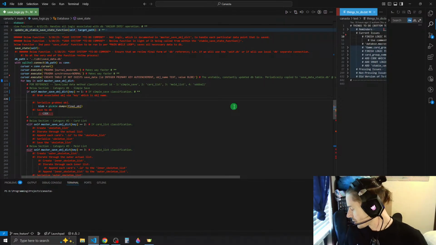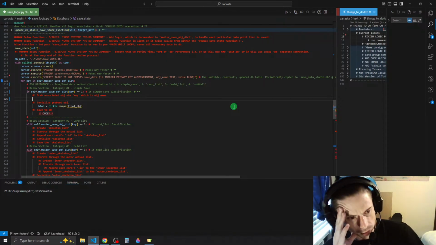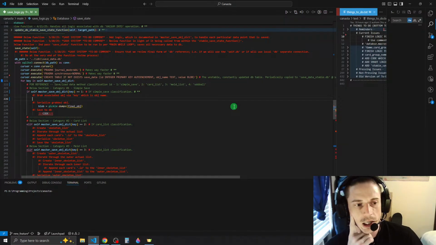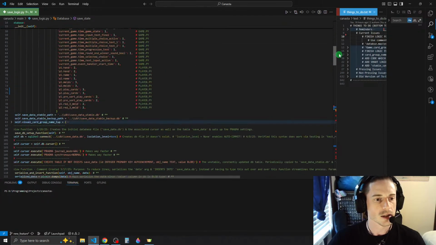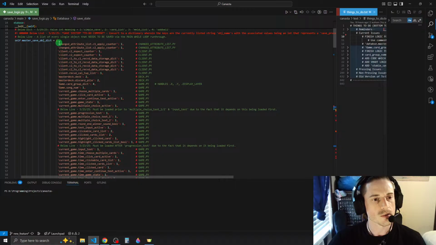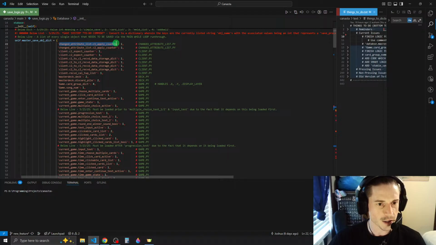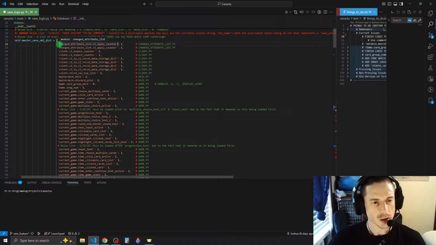How do we actually do this? So we did have a plan for this, right? Because we saved it in the exact form that it would need to be in. For instance, this is how we refer to the object. If we were to modify it or access it, we would just remove the quotations around it, and it would just be change attribute list .c1 apply counter. And I thought,